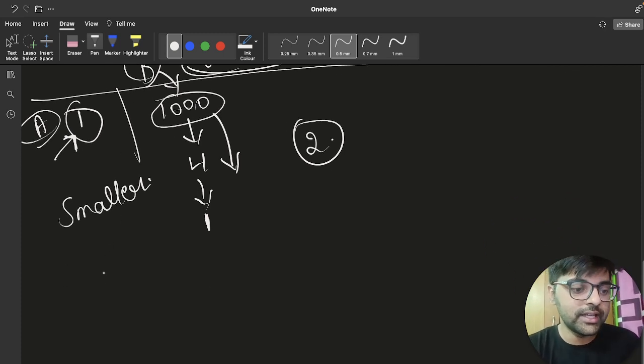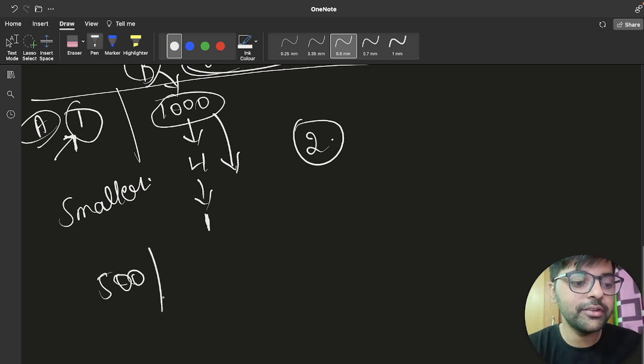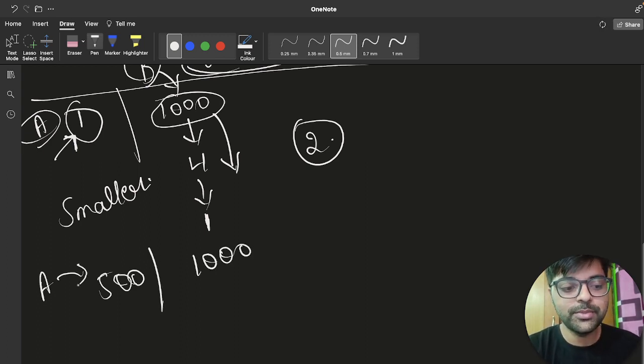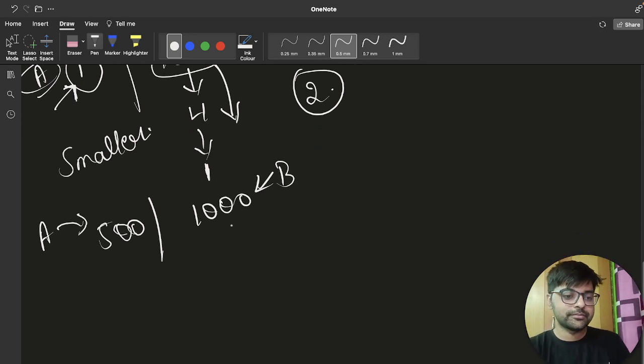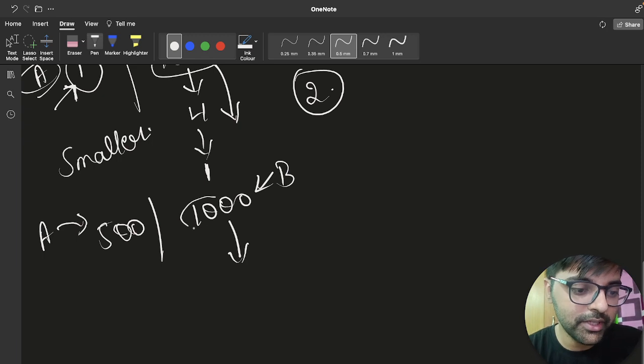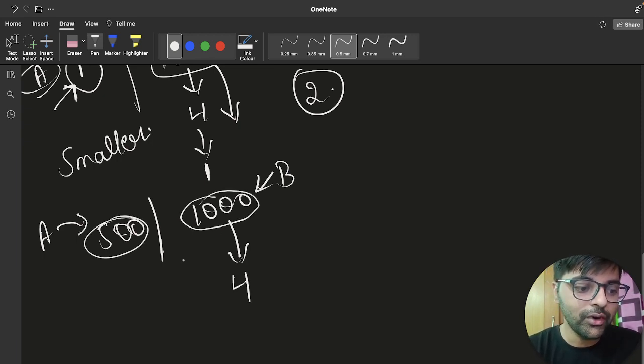Now let's consider that we had 500 and 1000. This is our A. I am considering a simple example of only one element. This is B. Then what I will do is take the bigger number, so this will give me 4. Now out of these two, what is the bigger number? 500. Then I will apply one operation to get 3.